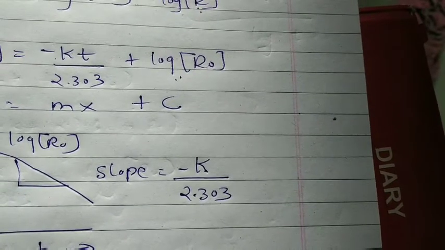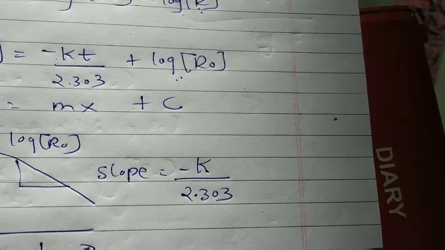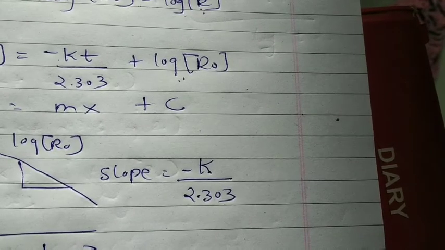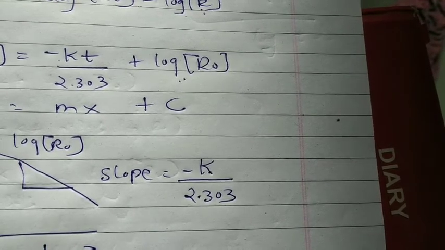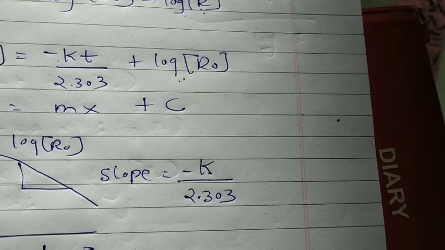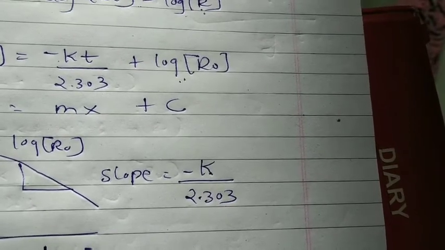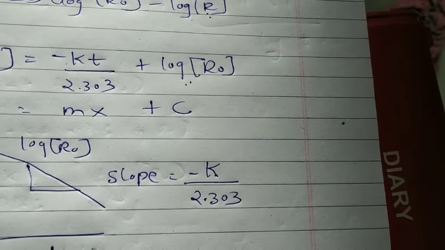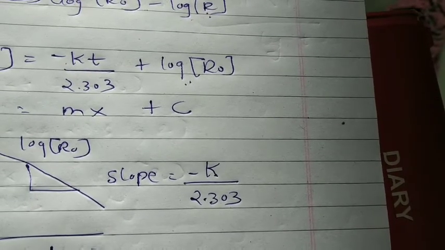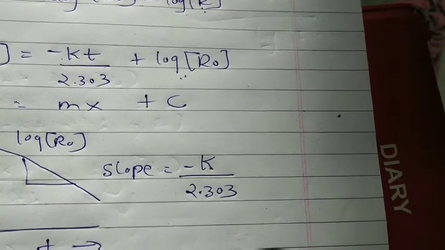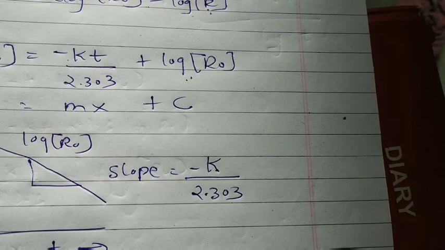The zero order reaction, first order reaction, and integrated rate law are important for the PT2 exam. So try to go through the factors affecting the rate of reaction, rate law, and these two things. The last part, the Arrhenius equation, meaning the effect of temperature on rate constant, is omitted and not in our syllabus. Try to solve these two equations, that is zero order reaction and first order reaction.